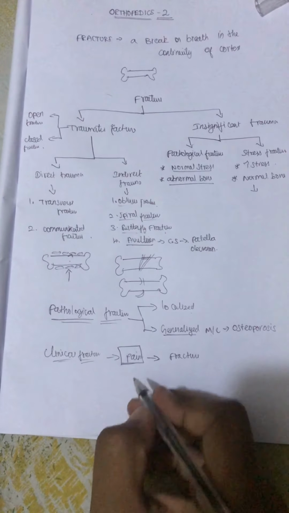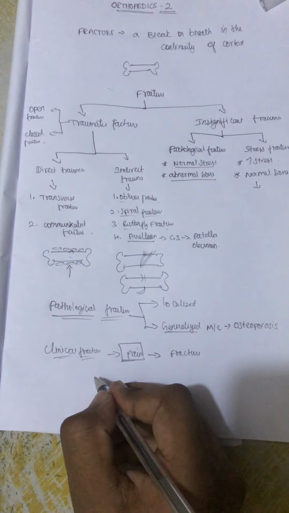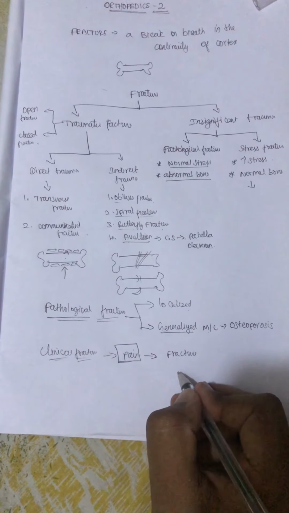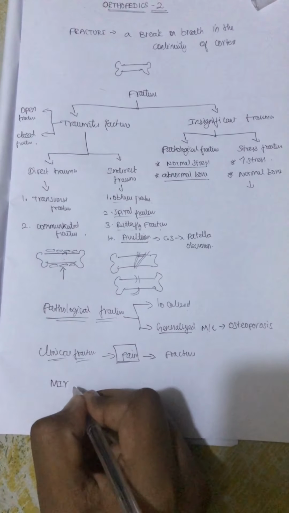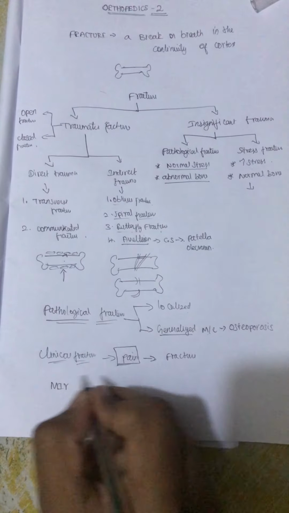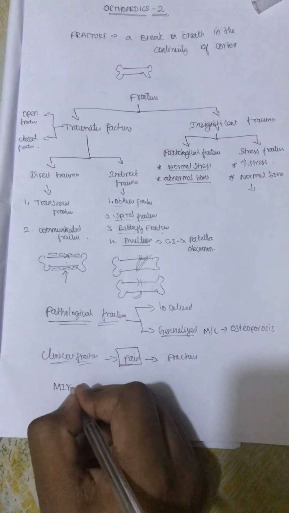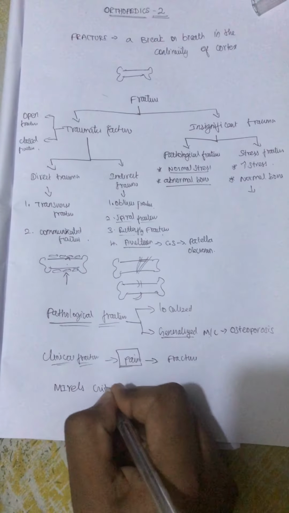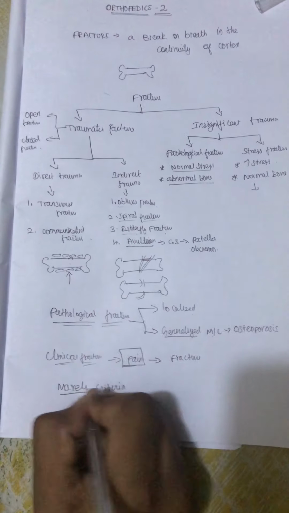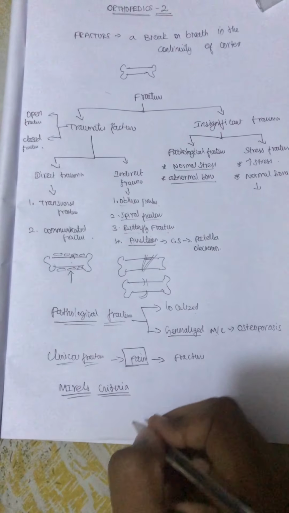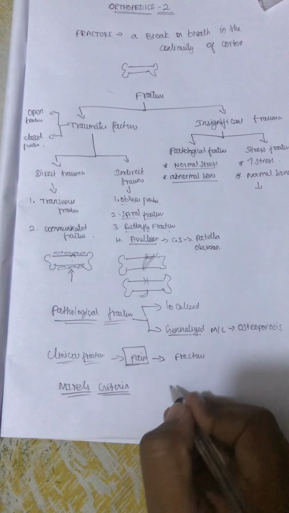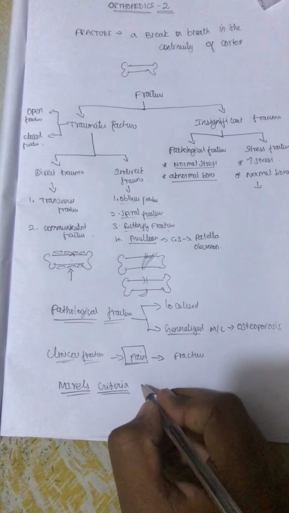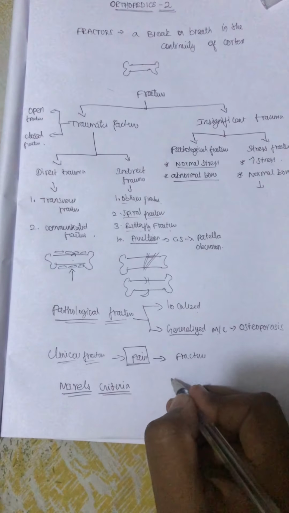Okay. Now as a doctor we have to see when we have to give the treatment. So we will use a criteria called Mirel's criteria for categorizing when we have to treat the patient for such a pathological fracture. This Mirel's criteria is applied by seeing the X-ray of the patient. We will see it under 4 categories.